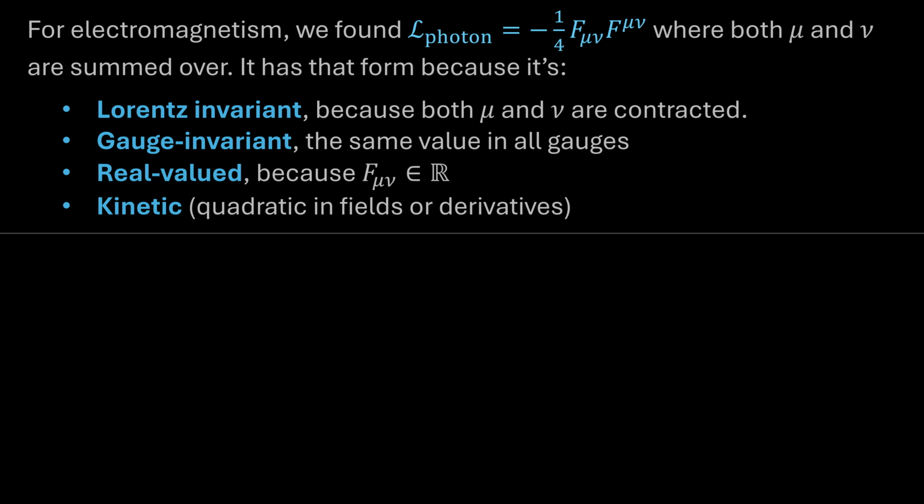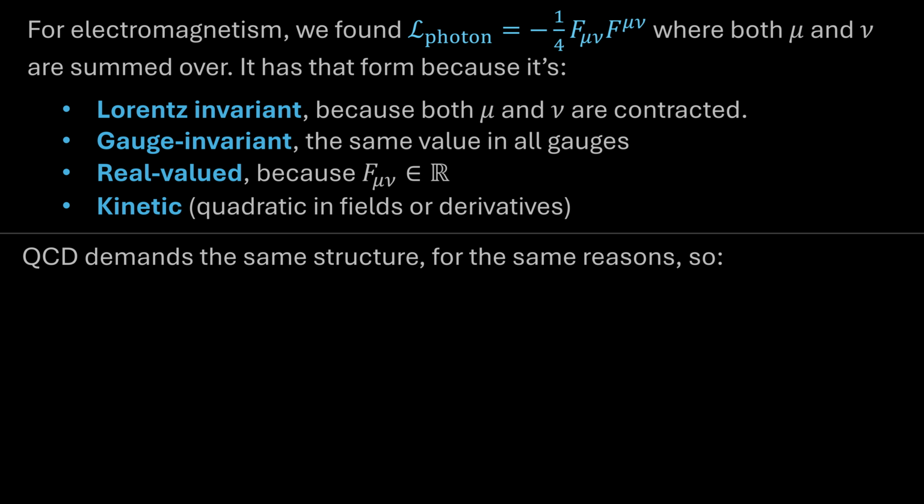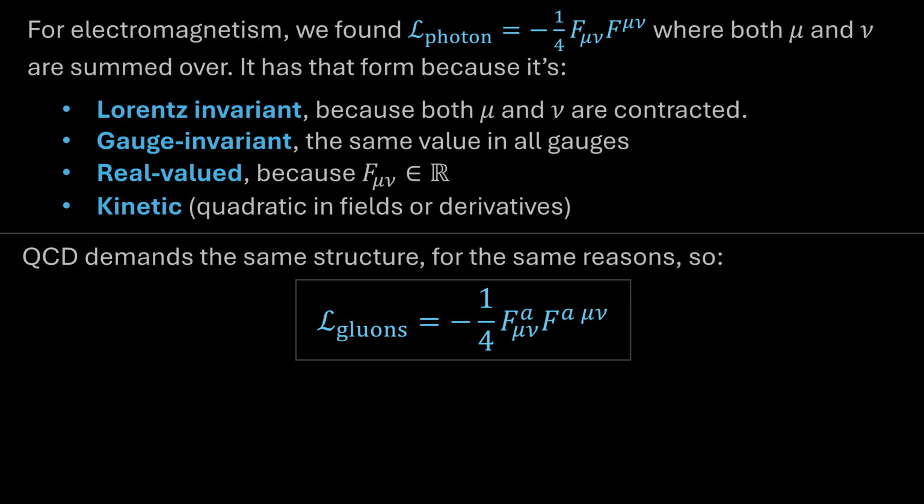Now, if you reflect on what we just looked at here, none of this is really about local U(1) symmetry per se. Right? You think about QCD and you think about how it's a gauge theory, and so it demands much the same structure. So therefore, here's what we're going to do. We're simply going to say that the gluon part of our Lagrangian is going to be -1/4, and then it'll be an F_μν, but on each expression we'll have the index a, which runs from 1 to 8 and corresponds to the generators of SU(3).